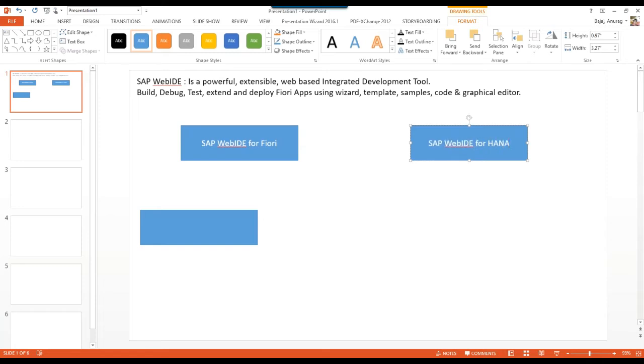Now these are the two product offerings SAP has. One is SAP Web IDE for Fiori apps, and the other one is for HANA. The one which we have for HANA is capable of doing modeling as well. You can do your information modeling on HANA, basically creating different artifacts of HANA like views, calculation views, analytical views. You can do it here. You can also create native HANA applications using this SAP Web IDE for HANA. This will be out of scope for this course. We will not talk about SAP Web IDE for HANA, but we will focus more on SAP Web IDE for